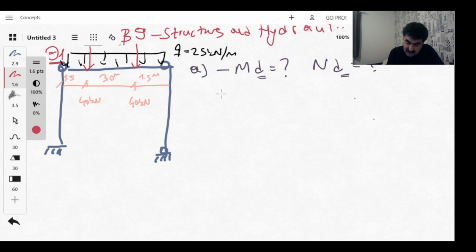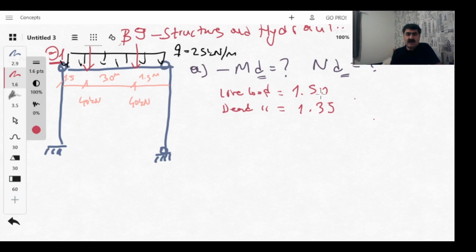The live load factor is, how much is it? 1.50. And dead load, what do you think? Should it be smaller or higher than the live load? It should be smaller, because those factors are according to uncertainty. Dead load is a more certain value. So that's why Eurocode says you need to consider 1.35, and those factors may change